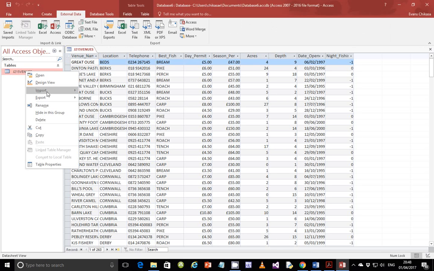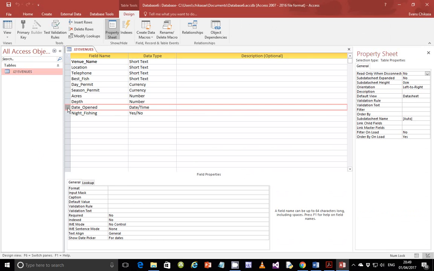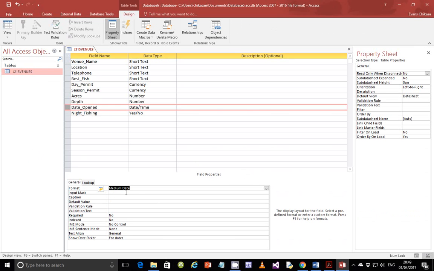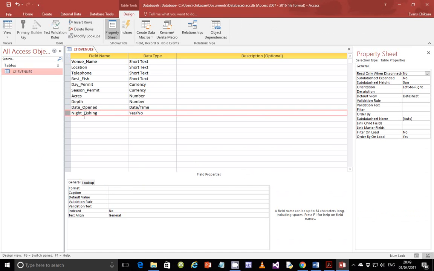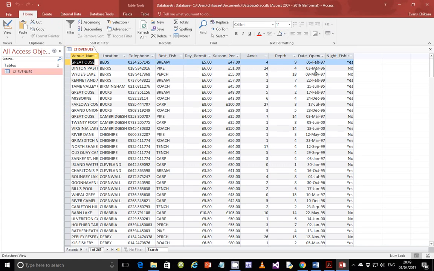So go to Design View, and then under Date, select the date and come to Format, and then under Format, look out for something that you saw like that. So this is the one here, 12th November. Okay, so I'll select this one, and it's called medium date. Okay, and then let's go ahead and change the yes or no. Go to Format as well and change it to yes or no, and then come back here, view it in Design View, save it, and then you'll see that the date is now showing as it is supposed to show,